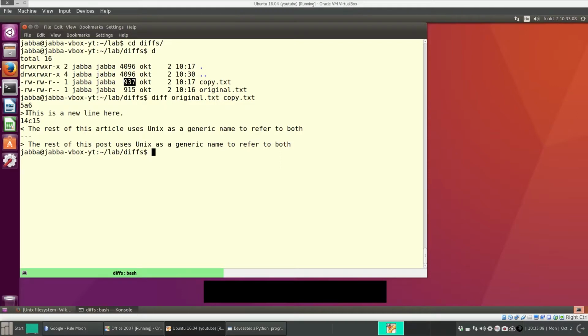So here I added a new line to copy.txt, and here there is a line which starts with the rest of this article, and I modified it to the rest of this post. So I modified the word. Unfortunately, the output of diff is not very readable, and I make a